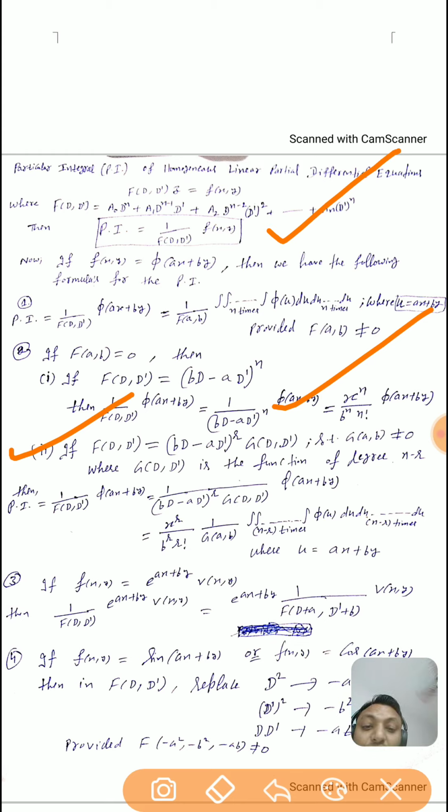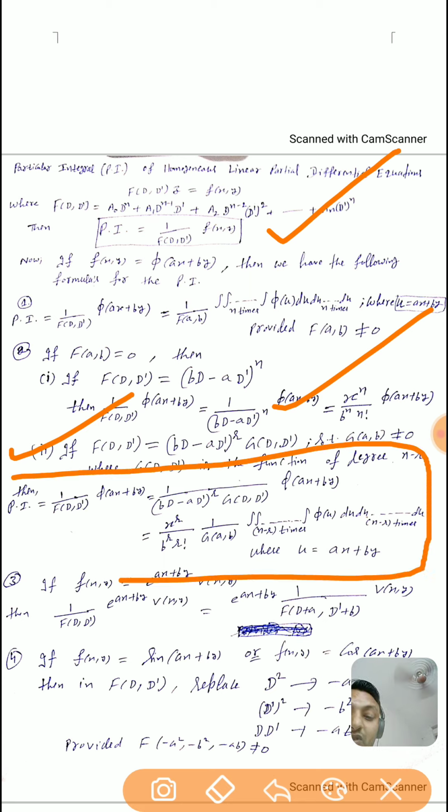So the particular integral of this kind of partial differential equation, that is 1 by f(D, D') when operating on phi of ax plus by, is equal to, we substitute the value of f(D, D'), that is 1 upon (bD - aD')^r into g(D, D') operating on phi of ax plus by, is equal to x^r upon b^r r factorial into 1 upon g(a, b), because g(a, b) is not equal to 0,